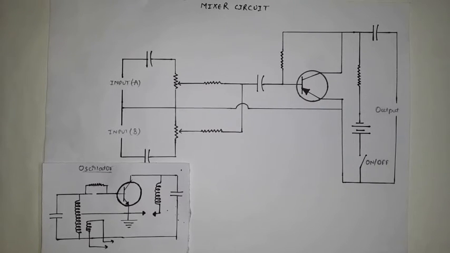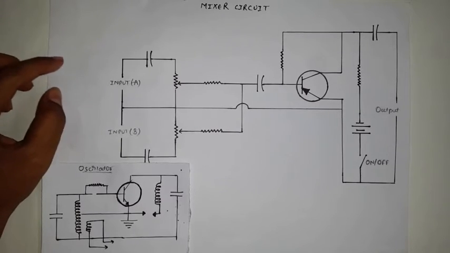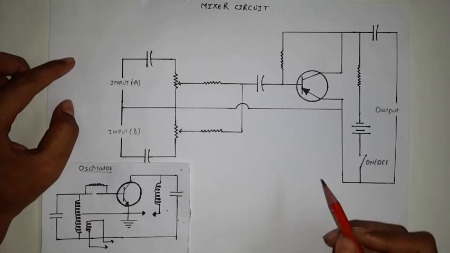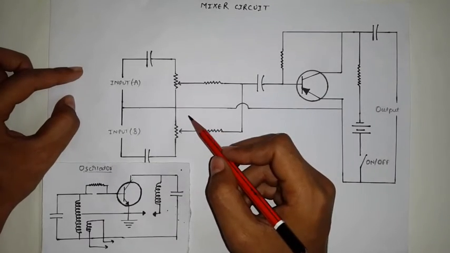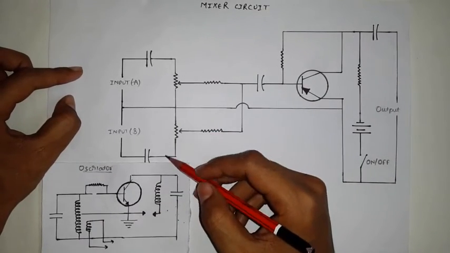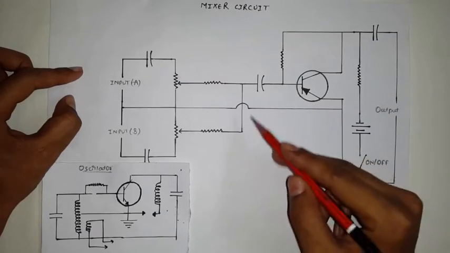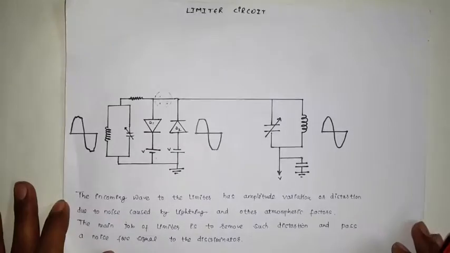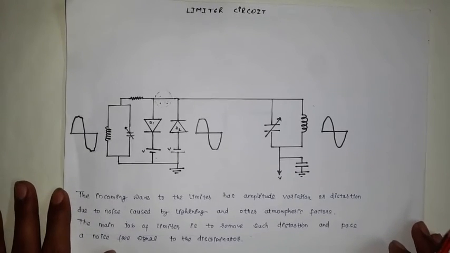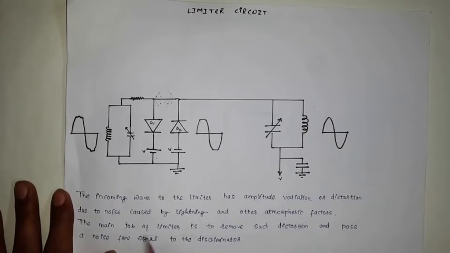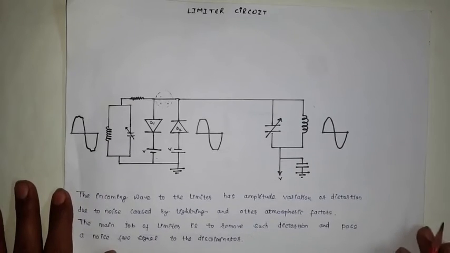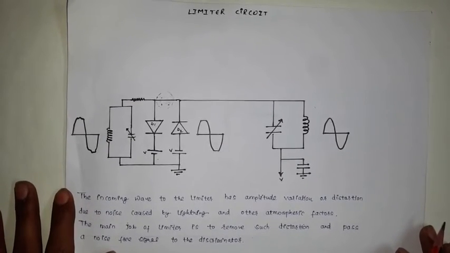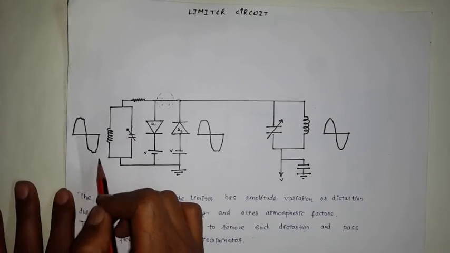The main use of generating an intermediate frequency is to improve selectivity. Talking about the mixer, two signals are fed: one from the RF amplifier and the other from the oscillator. These two signals are processed through the mixer to get an intermediate frequency signal as output. Still, these waves have many deformations. These are generally amplitude distortions, caused when radio waves transmit through the air, and various factors such as lightning and thunder distort the amplitude.